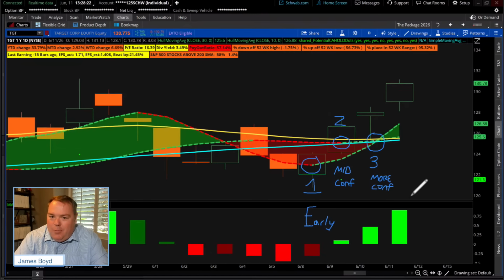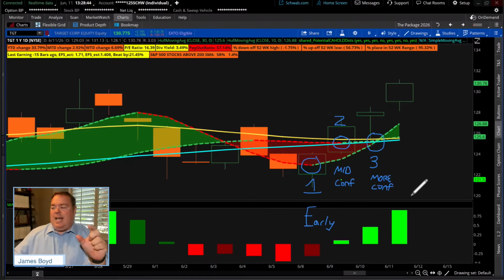Which one do you buy? Do you buy in 1? Do you buy in 2? Do you buy in 3? Which one? Now, here's the thing. Do you ever notice that the signals are there, but you got to trade the signals? You ever realize that? The signals could be there, but the signal is just the signal unless the investor or trader trades the signal, okay?